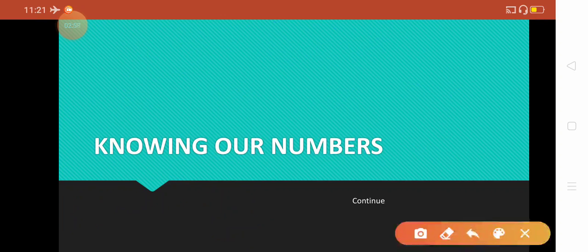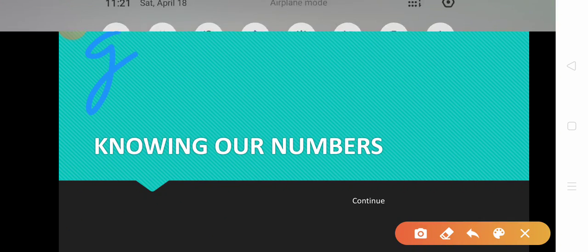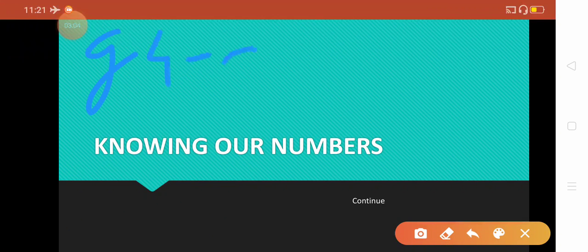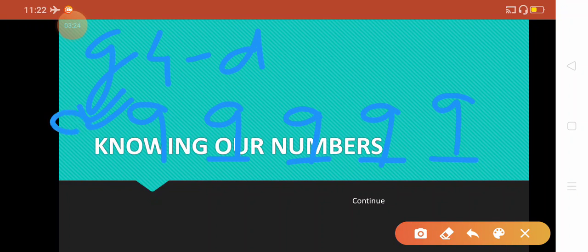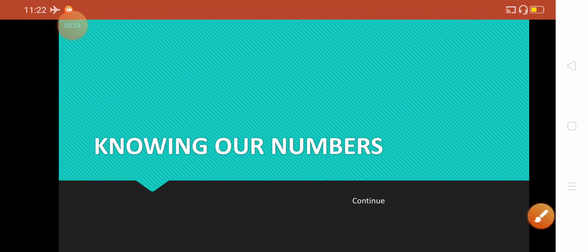You are being asked for the greatest four digit number. So what will you do? Make four place values. Out of all the 10 digits 0 to 9, which one is greatest? 9. So whenever you are asked to frame the greatest number, you have to put 9 at all the places. For a 5 digit number it will become this, for a 6 digit number it will become this. In this way you can frame the greatest number.